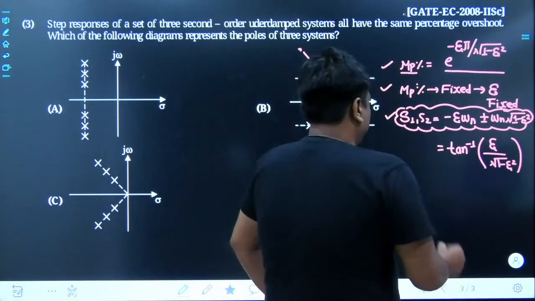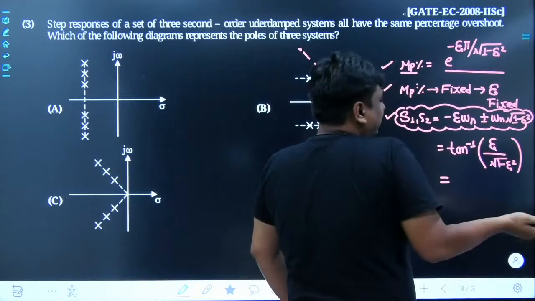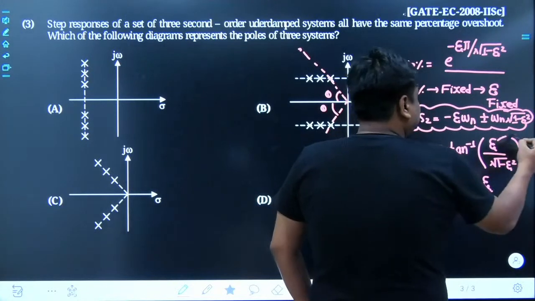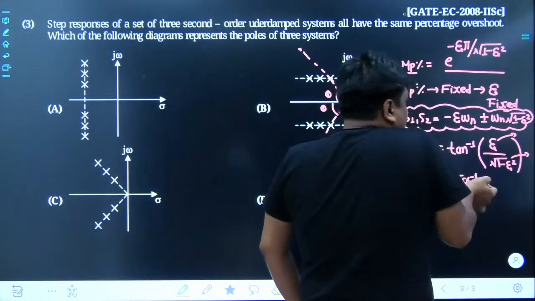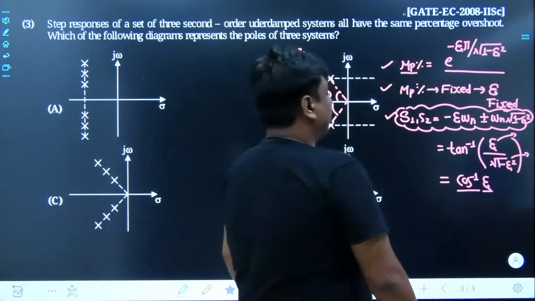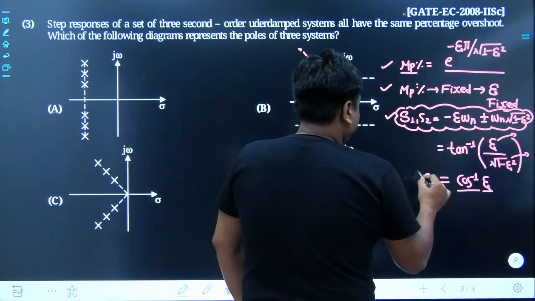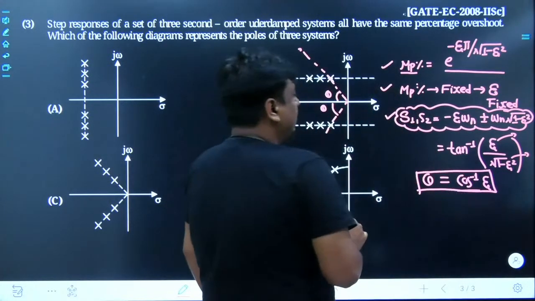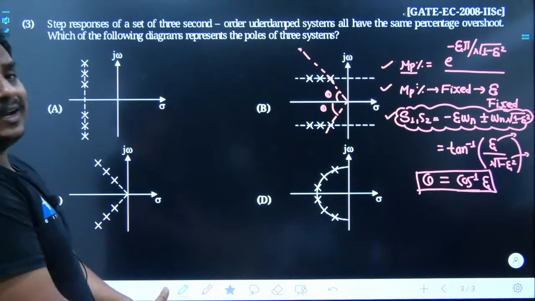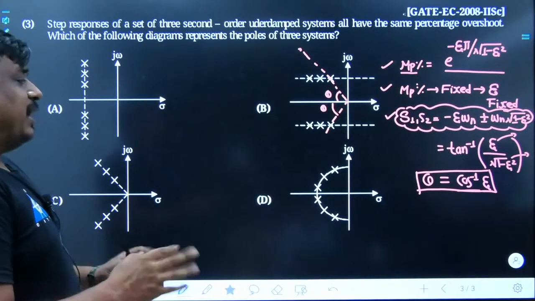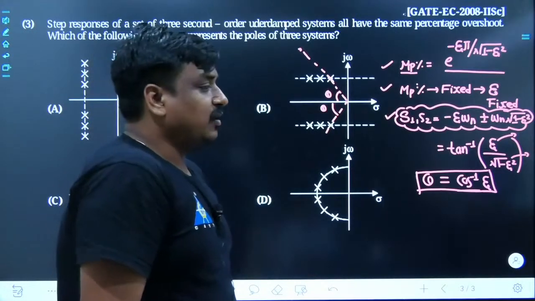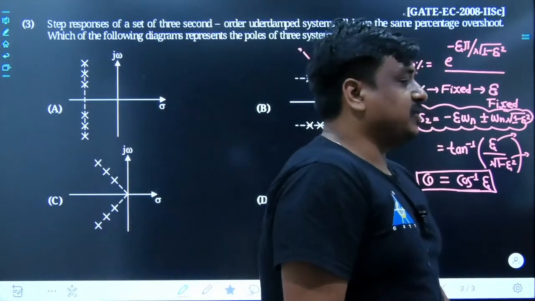So once you use the inverse trigonometry, which you can do very well, the result is cos inverse of zeta. This is perpendicular, this is base, and in case of cos, this has to be base and this has to be hypotenuse. In that case, the value we get is cos inverse of zeta, and that is the value of theta. So what is the result? If the look angle of the underdamped poles is not changing, by default theta would not change, and as theta is not changing, the value of zeta would not change. Could you understand what I am saying?